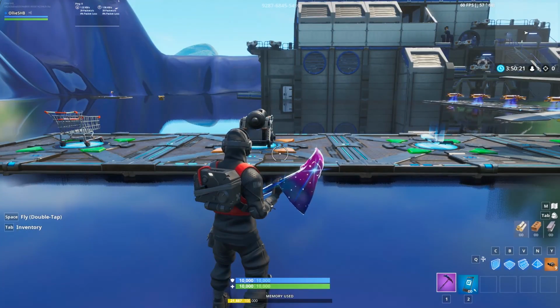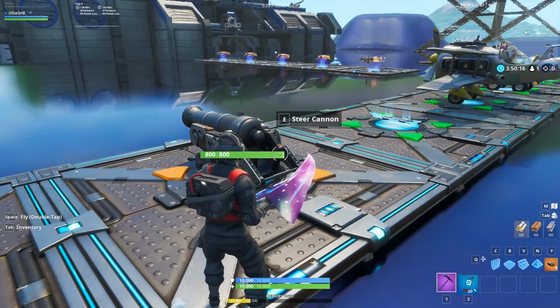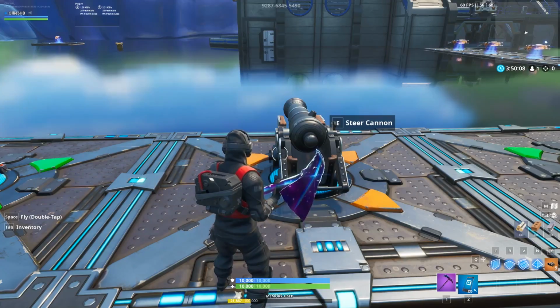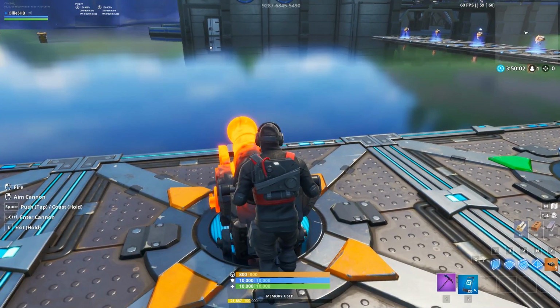So this next glitch also involves a cannon, and I really don't think anyone knows about this yet, and it's so weird. It's nothing amazing, but it's still really weird and it's kind of cool. So before you enter the cannon, you do need to be in creative mode for this glitch. I think it only works in creative mode, but basically you want to go into steer cannon,